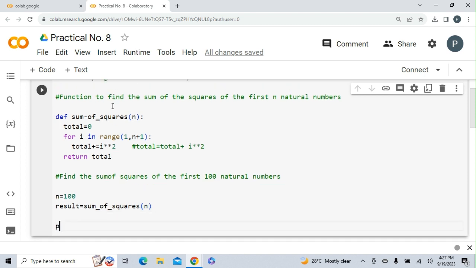So in order to display the result we need to press print. Sum of squares of n natural numbers are as follows. So if I execute this program, I will get